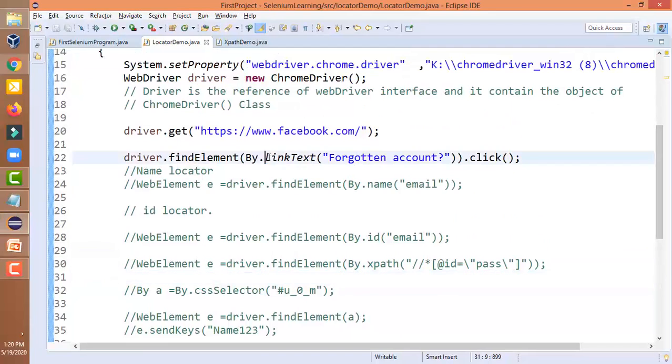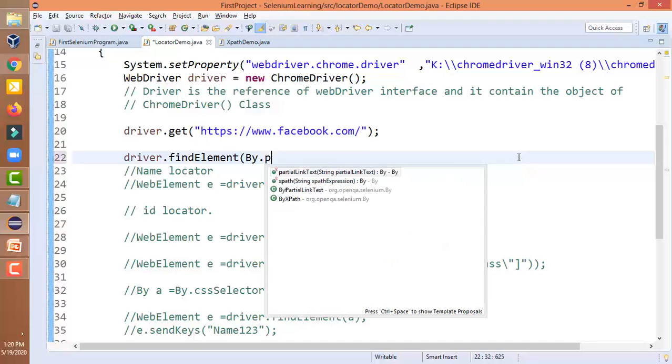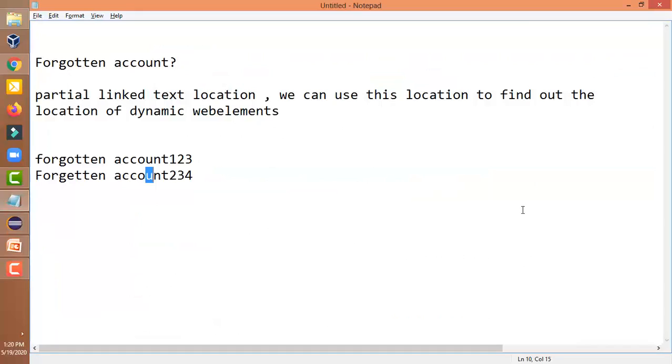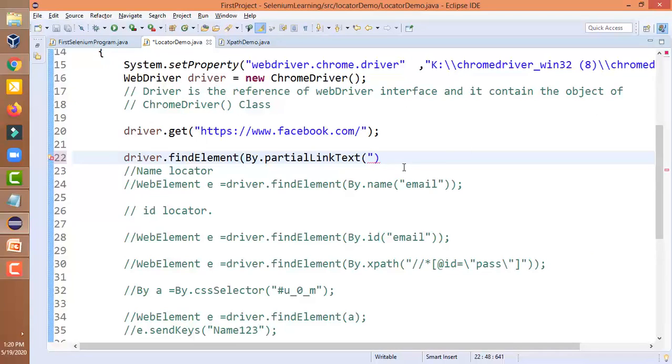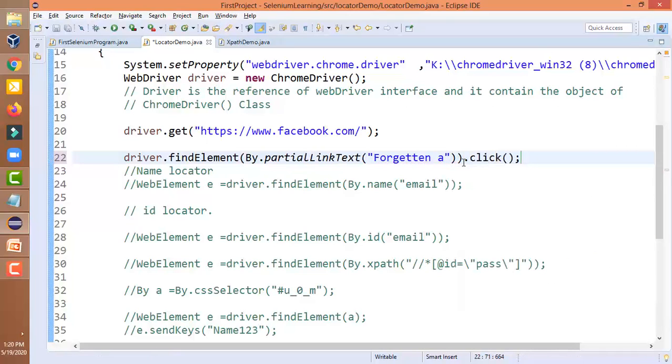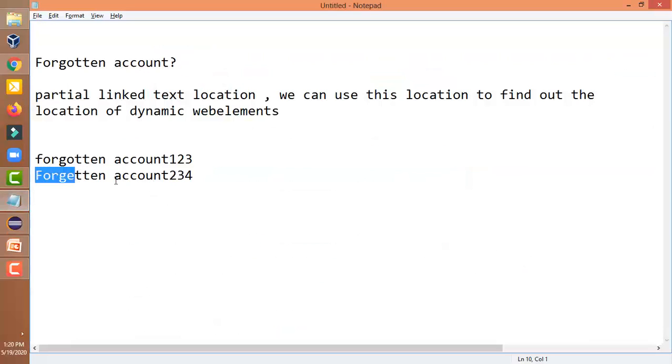Instead of link text, we have to use partial link text. Take the partial text, only this portion, not the complete text. Look at this carefully. We have selected only this much of the text, not the complete text. This is the complete text that is present.